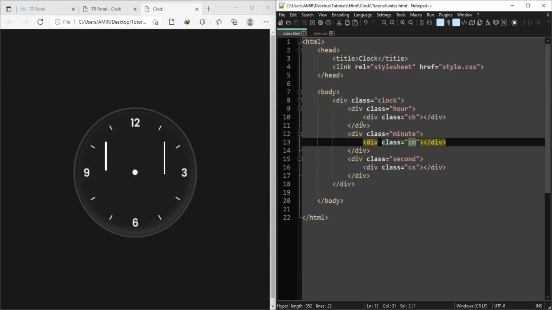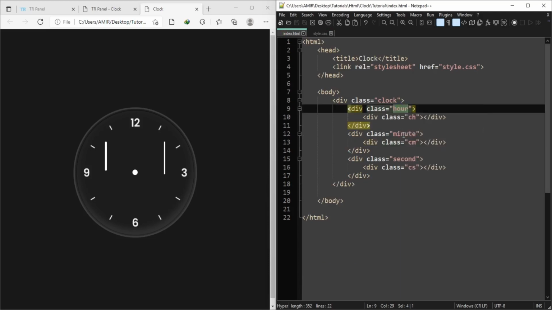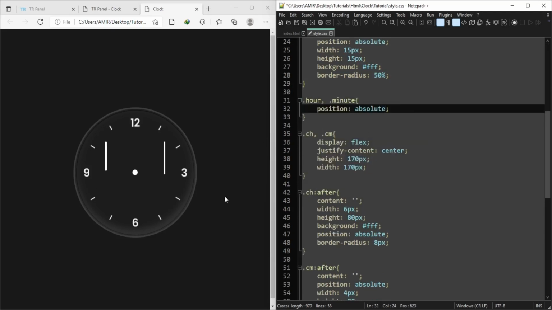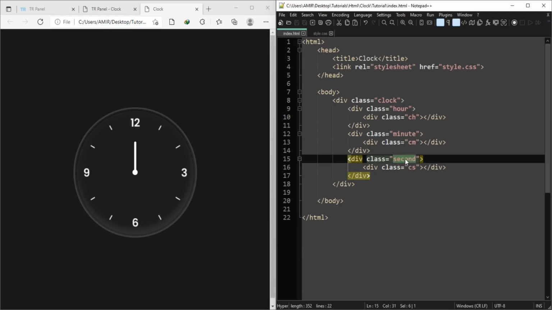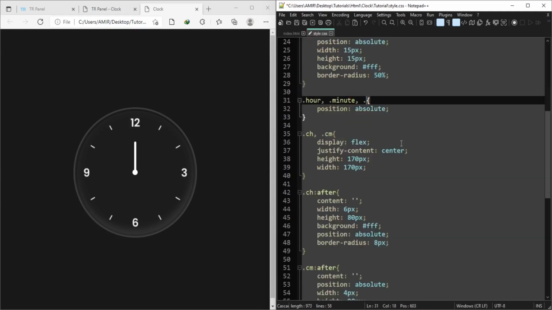So go to your HTML file and copy these names, hour and minute. Now paste the names here. Now you can see both of them in the center, because we will create a second hand too, so copy this name also and again paste here.